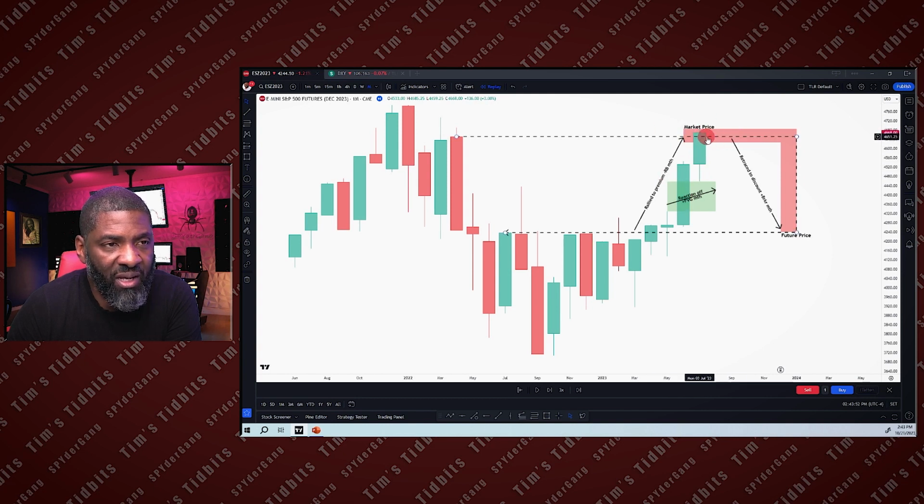Now we're at the rejection block and we're anticipating price to come back down to the discount. What do we have to come back down to on this move up? We have a bullish fair value gap that price can come back to. We have an order block, a bullish order block here between the August and the September candles, and we have a bullish breaker here on the July candle. So we can anticipate price coming back down. This is the future price we're anticipating. This is the most likely area to come to.